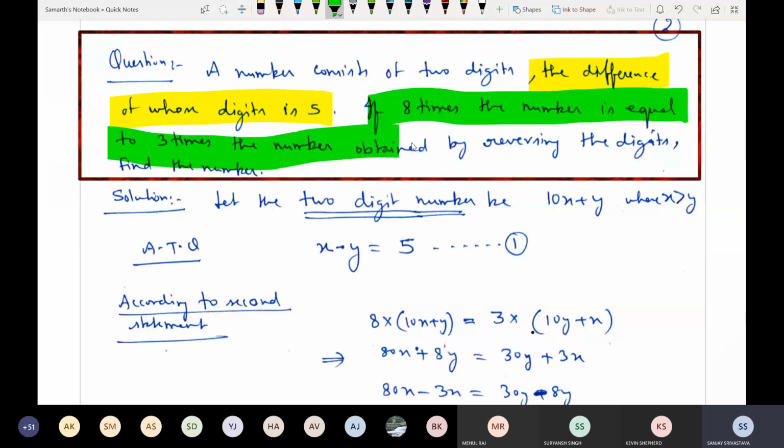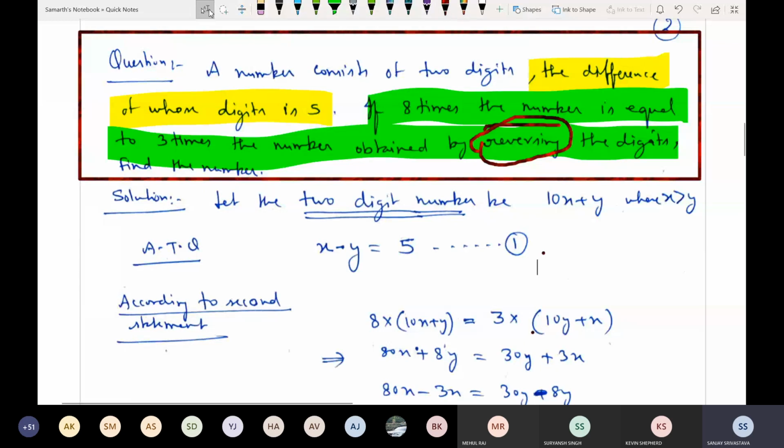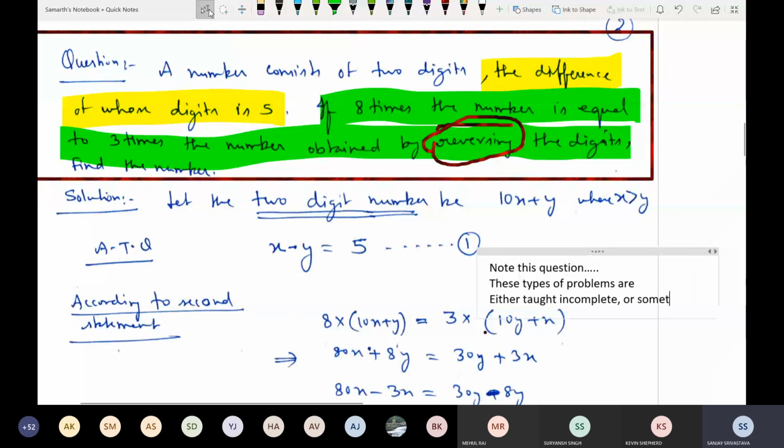Okay. So over here, I just want to tell you that in the book, they have given you one answer only, but there is a possibility of two numbers. So always remember that this is the thing which was lacking in the book. Whenever it is given that the difference of whose digits is 5, you can take any one digit as the greater one and any other digit as the smaller one, like I have shown you in both the ways.